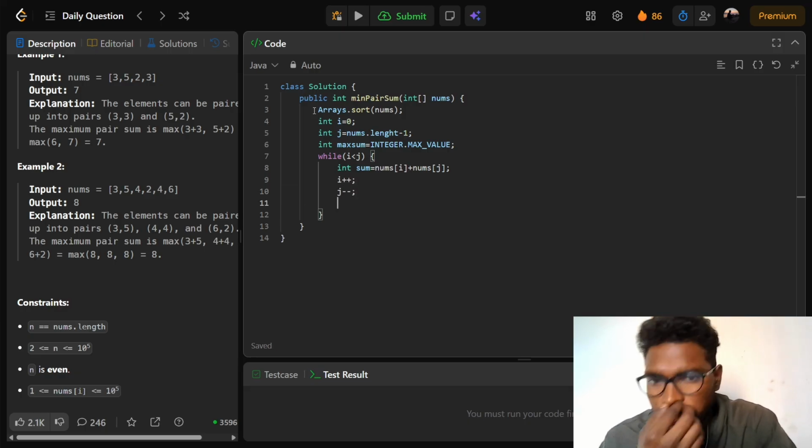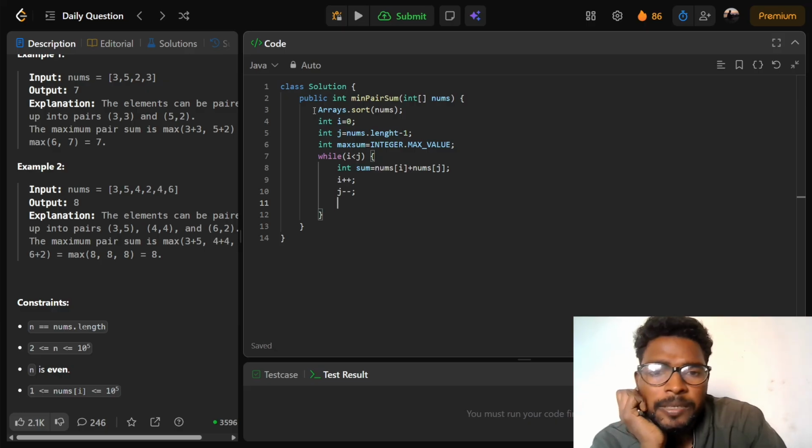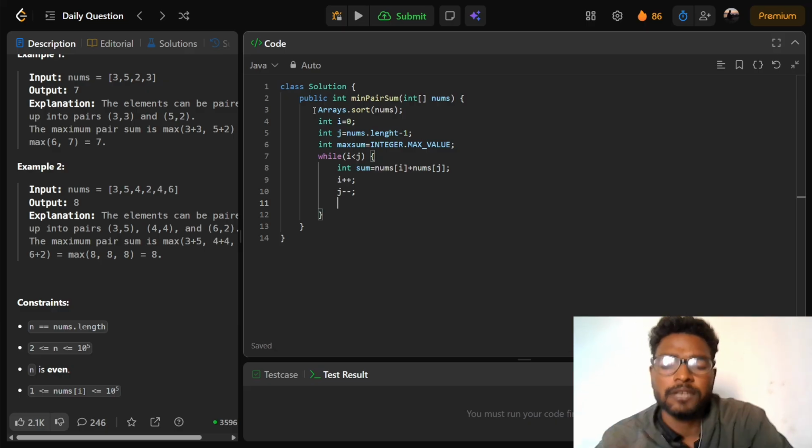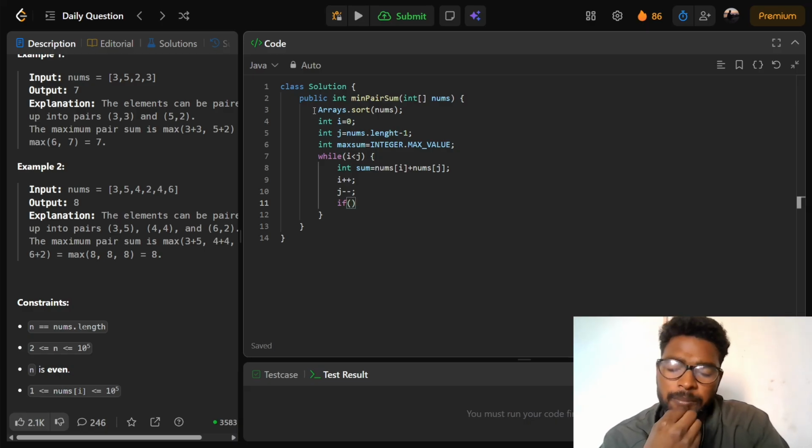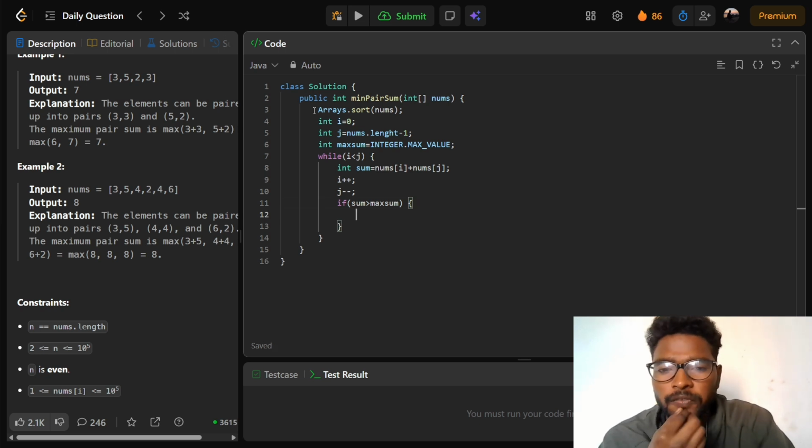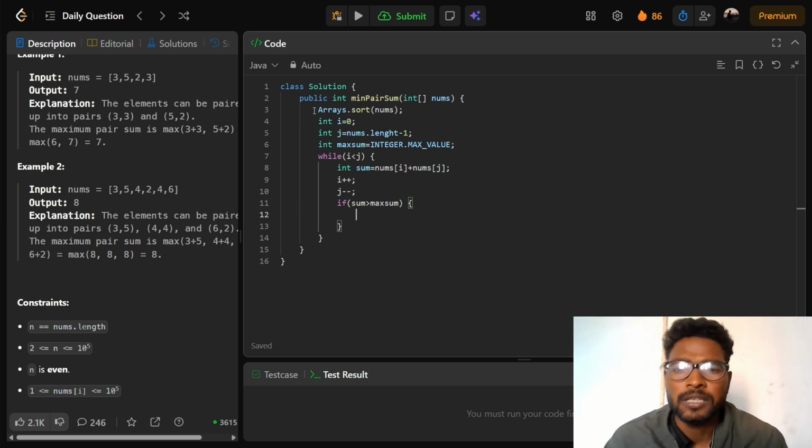And what will the next condition be? If sum is greater than maxSum, then maxSum becomes sum.